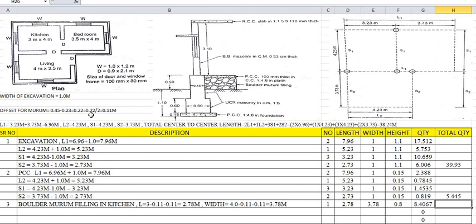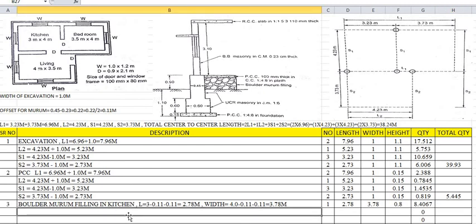Again, there are two offsets, inner and outer side, so we have considered this as 0.11. For 3 meters it is 0.11 and 0.11, for 4 meters 0.11 and 0.11. That means we have to subtract twice the offset along the x and y directions. So it comes to be 3.78.